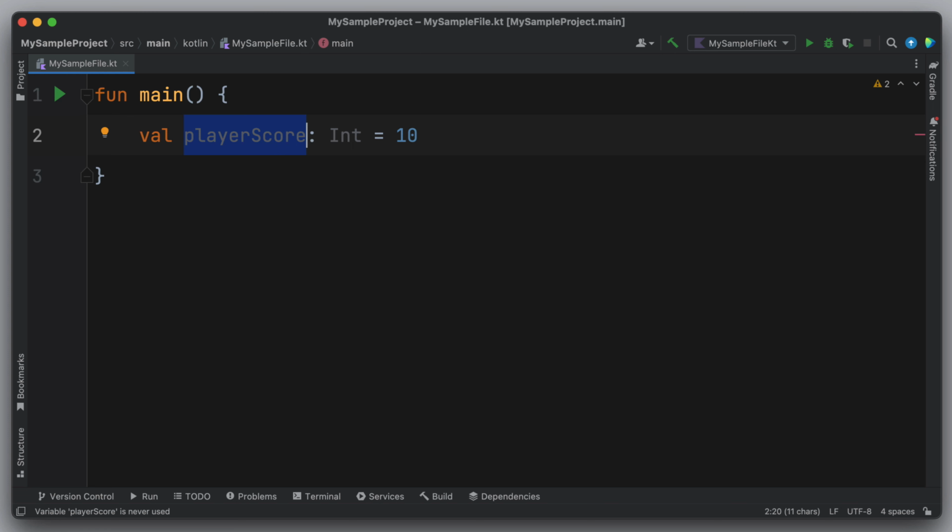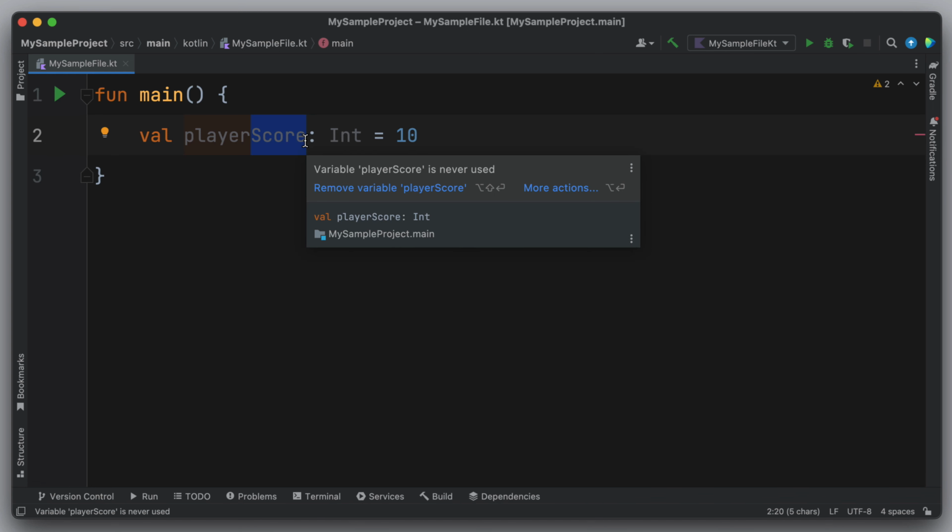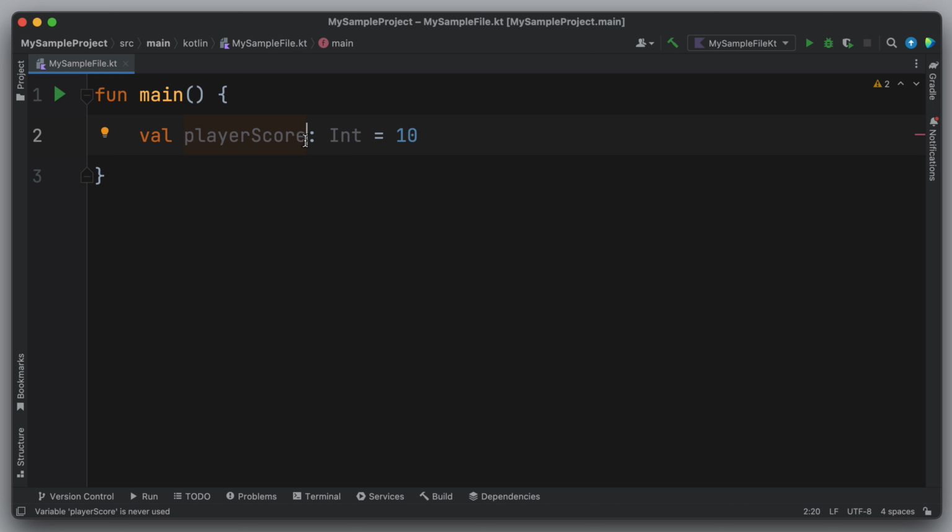One thing I want you to pay attention to is the style that I've used for naming our variable. This style is called camel case notation. In camel case notation, all the letters of the first word should be in lowercase and the succeeding words should start in uppercase. For example, we have here the name playerScore, which should be written this way. The first word, player, should be written in lowercase. The succeeding word, score, should start in uppercase. This style of writing variable names is a convention between developers to make code more readable.